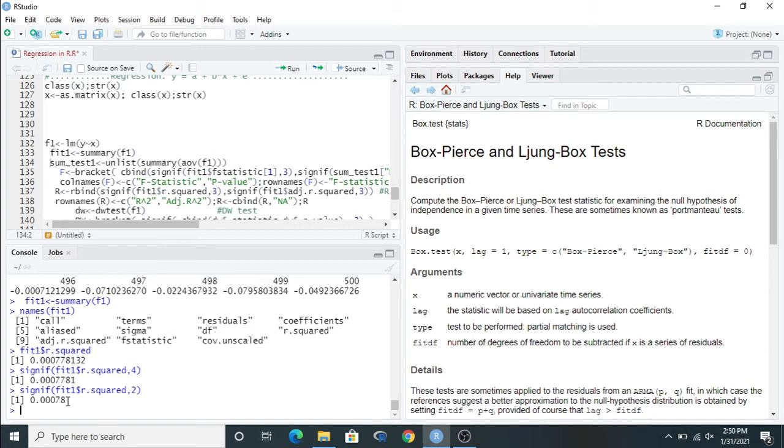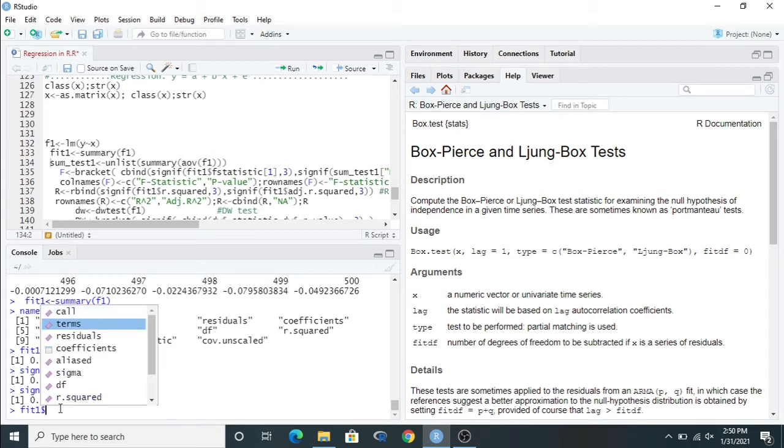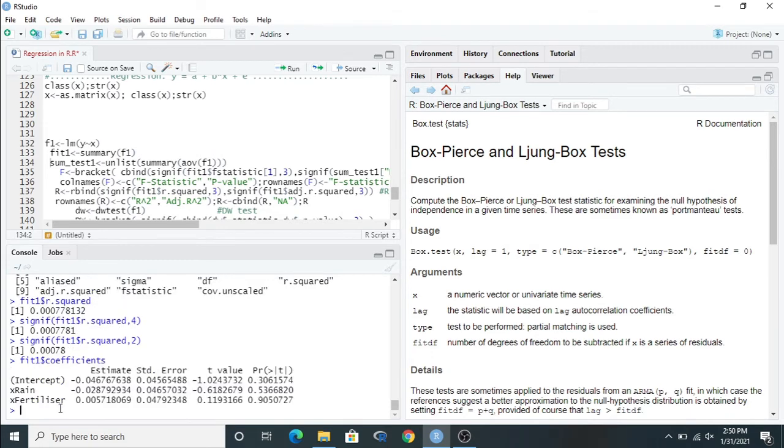In the same way, you can also identify the coefficient values. Just write fit1, then put the $, then come to coefficients and press enter. It will show the coefficient values of all of these. If we want to extract only the first column and the last column, we can use the same syntax, but we have to put the positional values.